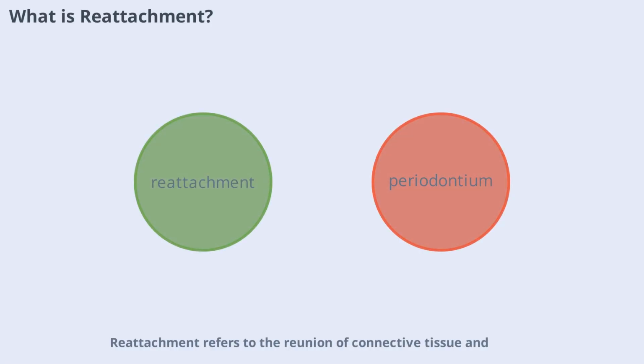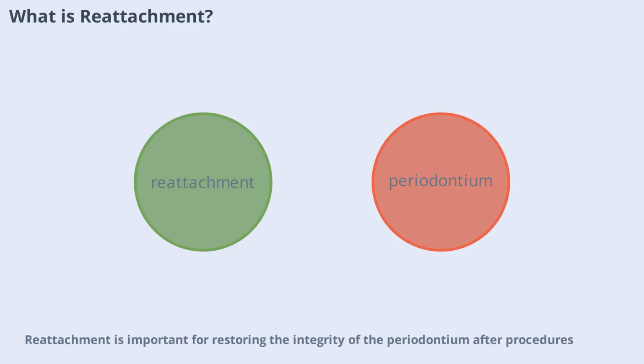Reattachment refers to the reunion of connective tissue and a root surface that were separated by incision or injury, not by disease. This is different from new attachment, as the separation was not due to pathological exposure, but rather a result of surgical intervention or trauma. Reattachment is important for restoring the integrity of the periodontium after procedures that temporarily disrupt the connection between the tooth